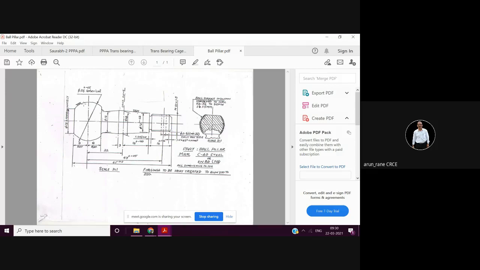So based on the tolerance you have many diameters: diameter 12, diameter 14, minus 0.012, 14 and 15. So that is based on the tolerances. Okay. So now based on the geometry,